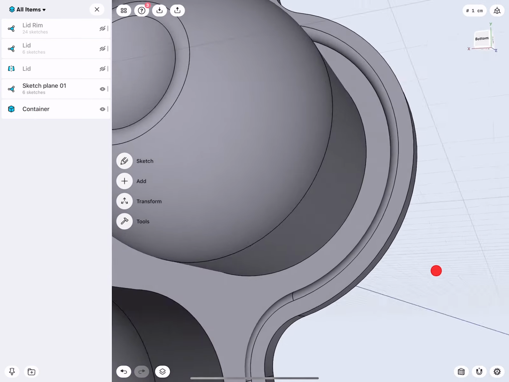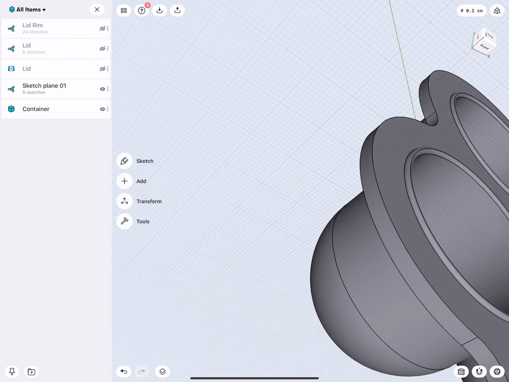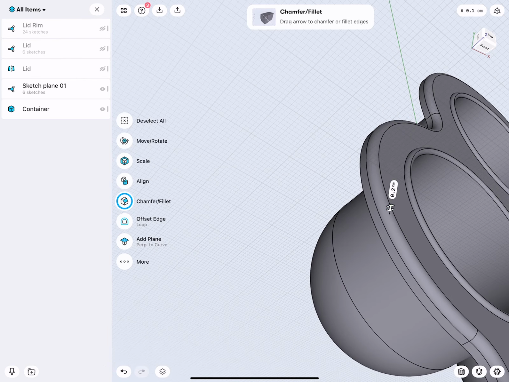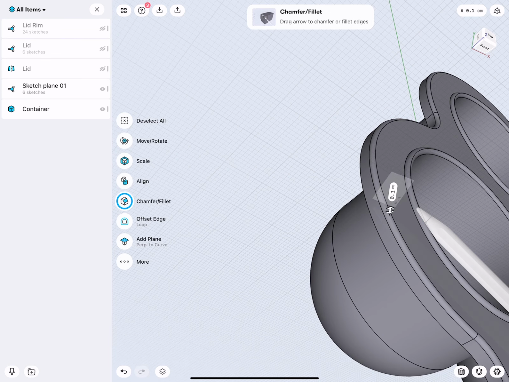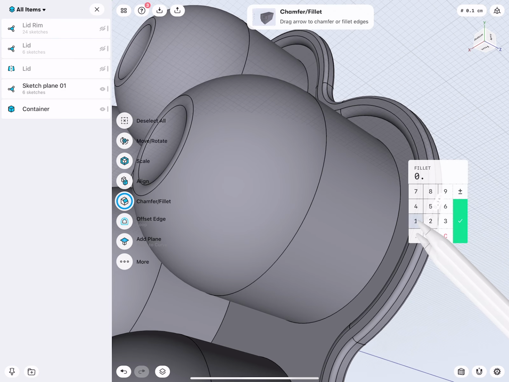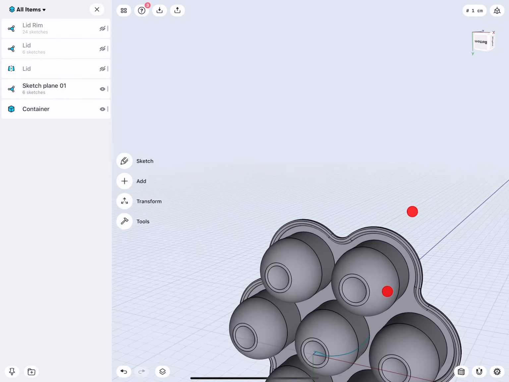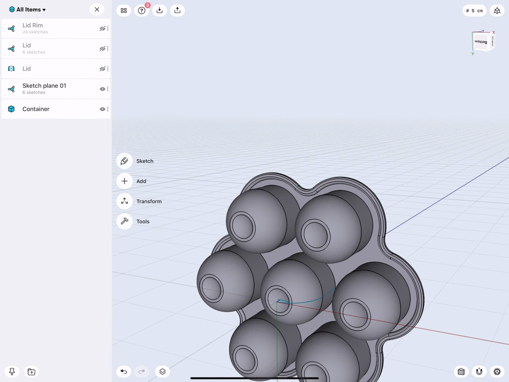You see how easy it was to give this a material thickness. Here, this edge, I will select. Give this a small, gentle radius. Here we could do the same to make this uniform. Very good. So this part is more or less done.